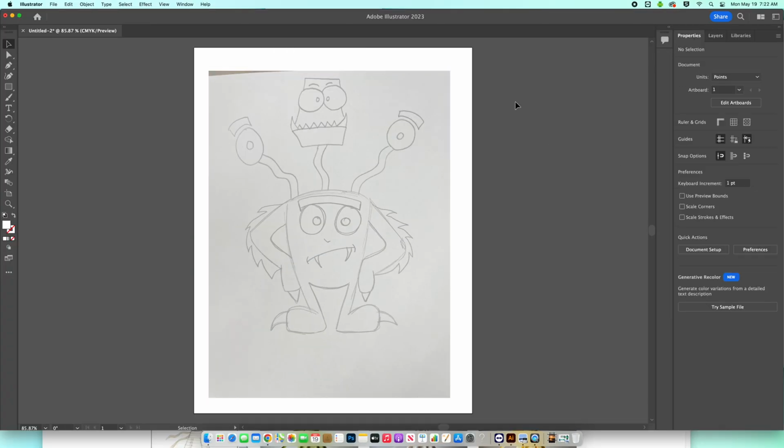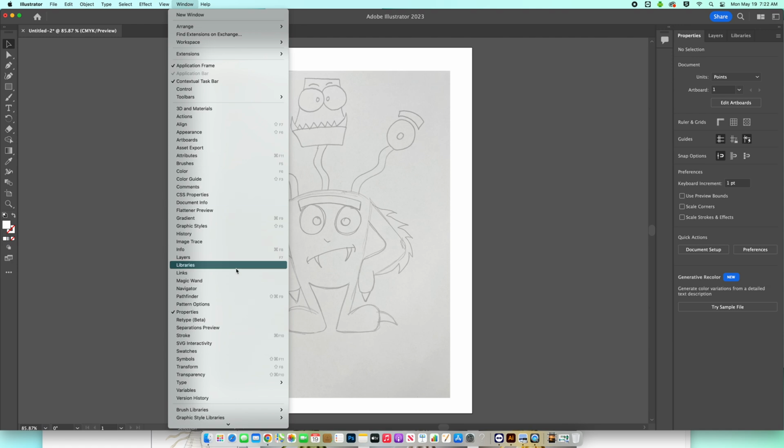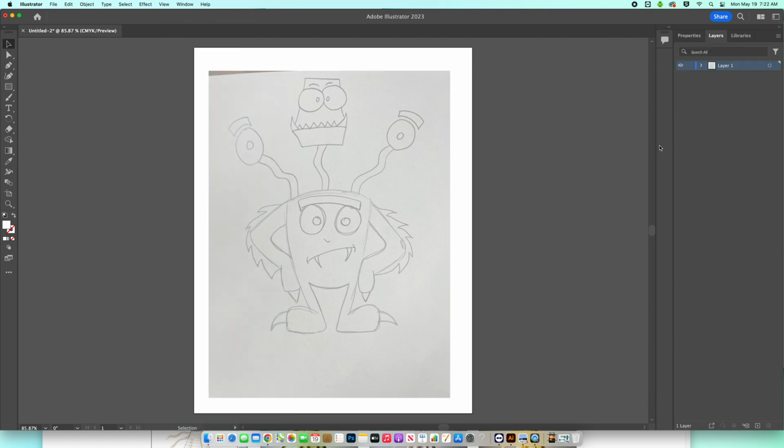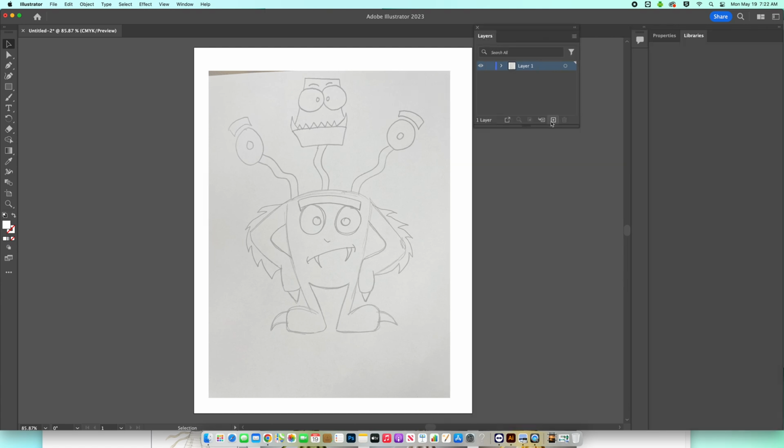Okay, great. And you also need to see your layers panel. So let's go to Window, and let's go down to Layers. Make sure your layers pop up here. Once your layers are up like this, at the bottom of your layers panel here, you're going to hit Create a New Layer. Double click, call that, Draw here. And then this bottom layer, the original, the picture, you can lock it right here. Okay, so you're going to jump up to this top layer,